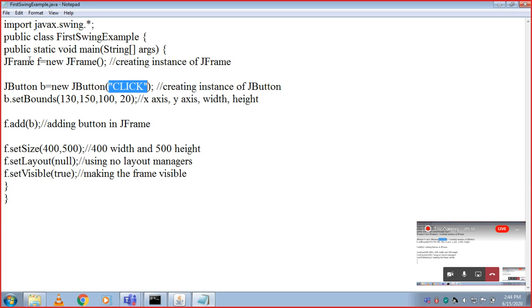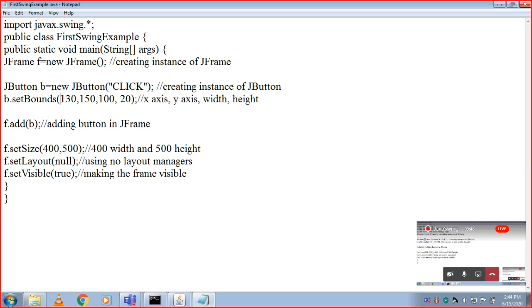So here we have created an instance of a frame, and here we have created an instance of a button. Then the button should have coordinates, x coordinate, y coordinate, and its width and height.